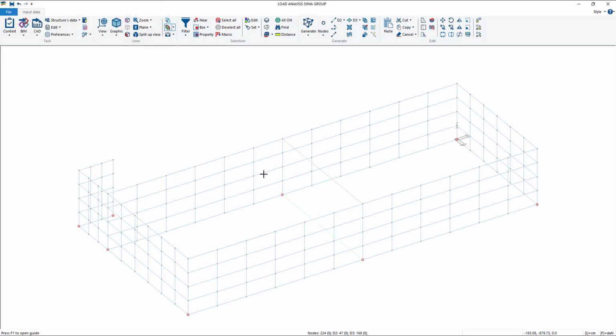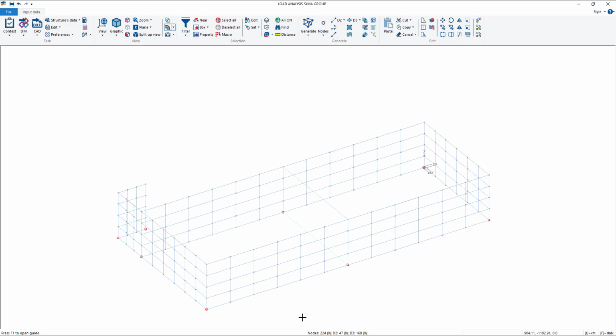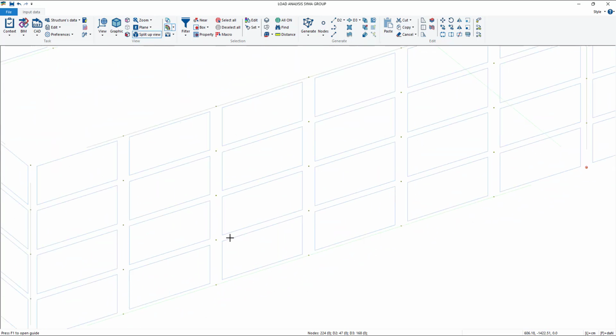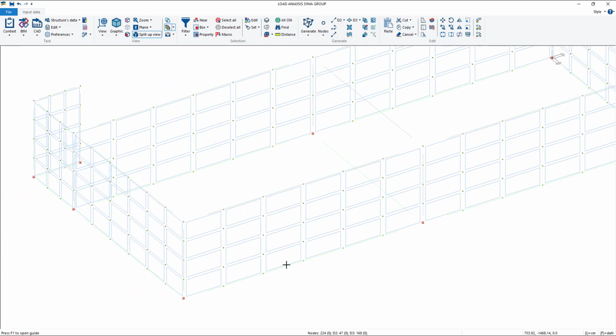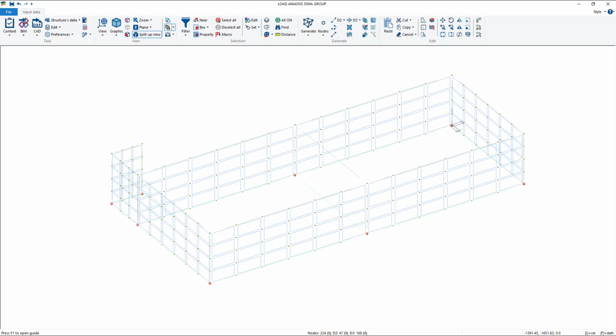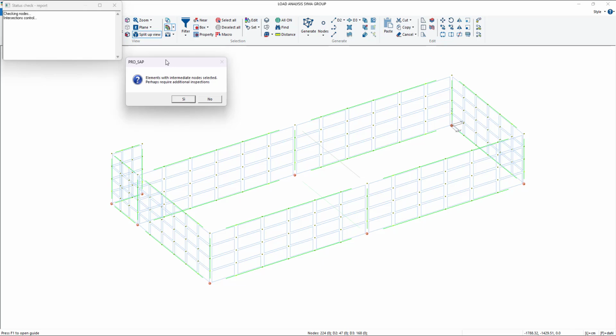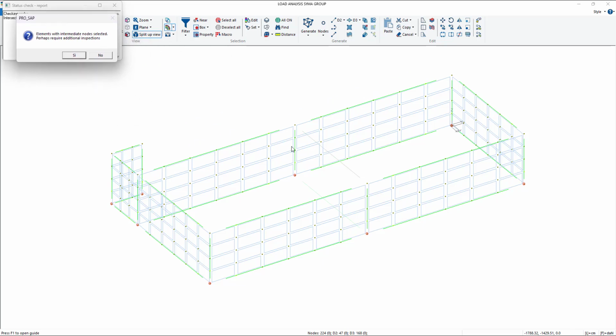Now, as I already showed you, we have to subdivide the elements by the nodes of the mesh. So in fact, if I go split up view, we see that the foundation beams are not subdivided by the nodes. To do that, I can just go on context, check structure data. The program will say that there is this problem. Perhaps it requires additional inspection, always say yes.